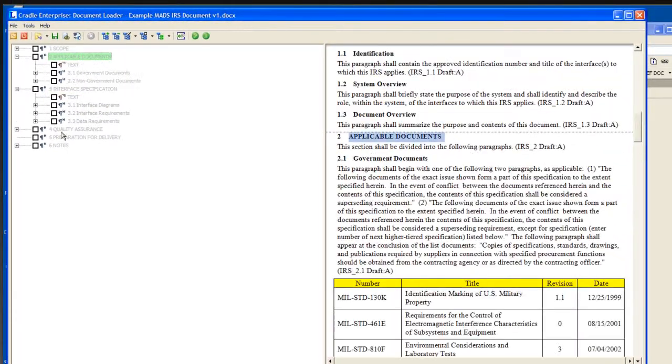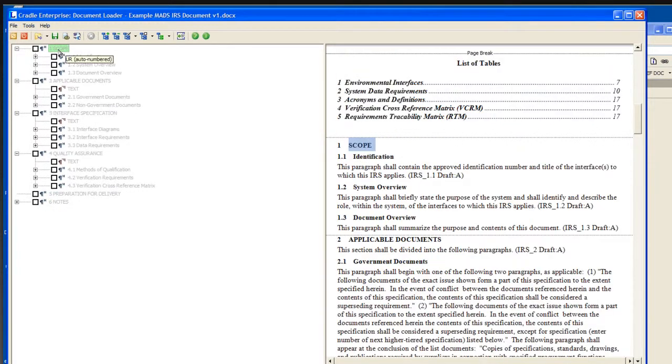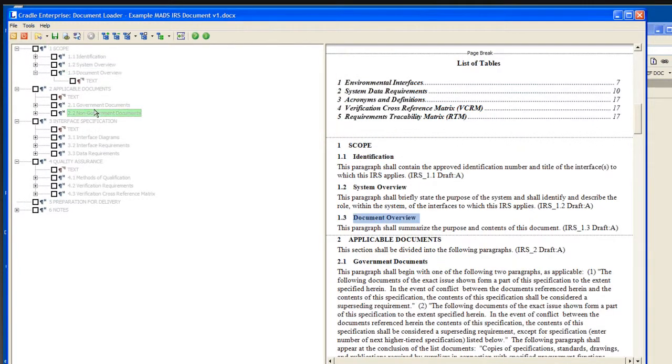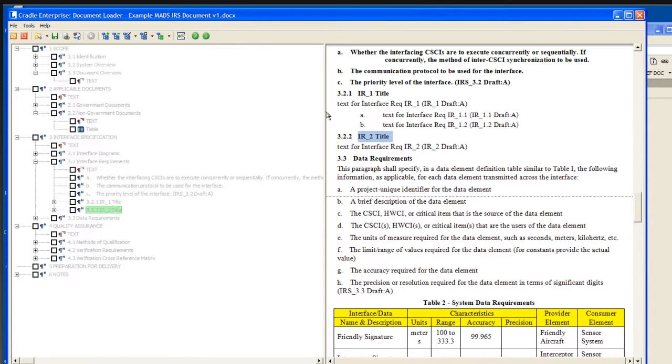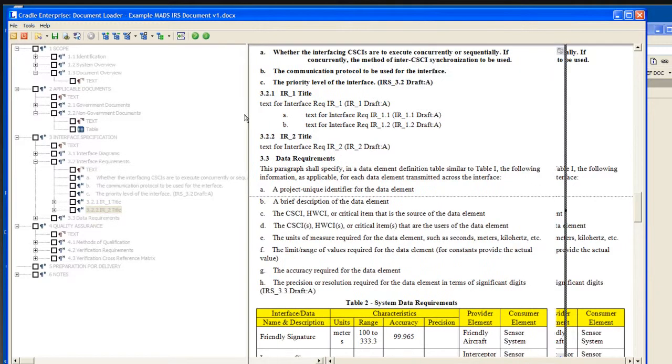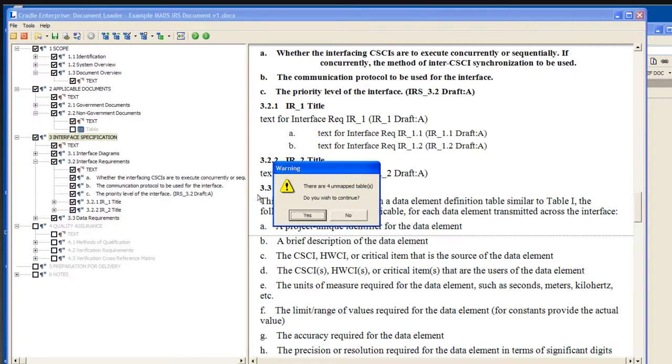and after the document has been parsed, you can see that we have identified a hierarchical structure, and I can move around that hierarchical structure to decide which parts of the document I want to load. And I'm going to load these 3 parts of the document into Cradle, and when I start the process I